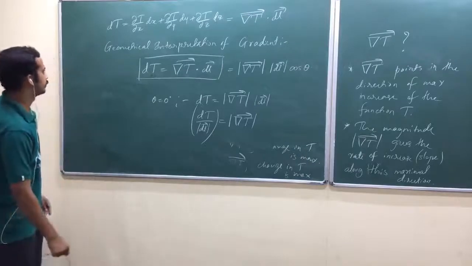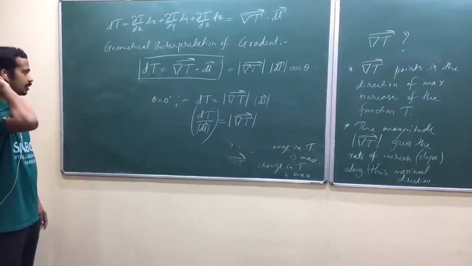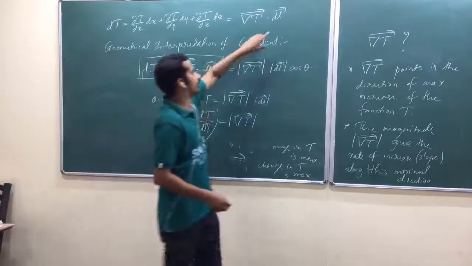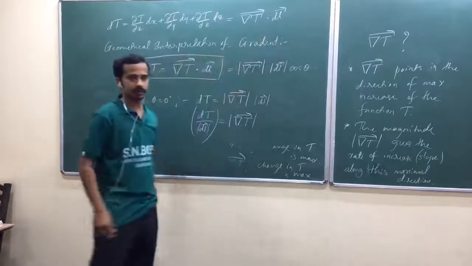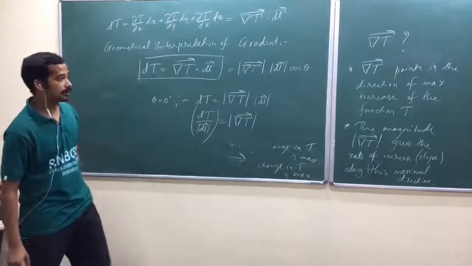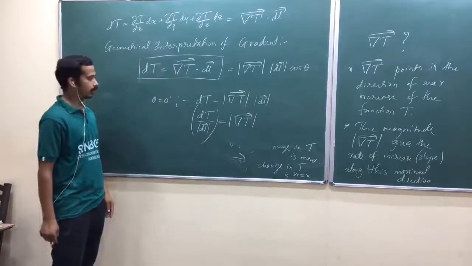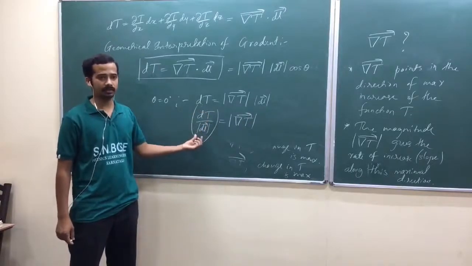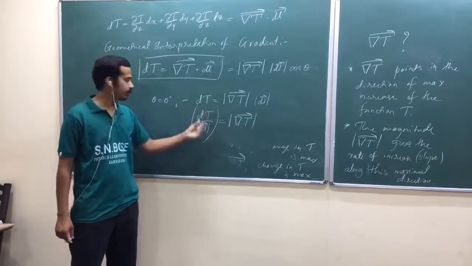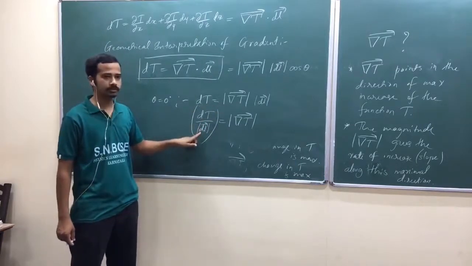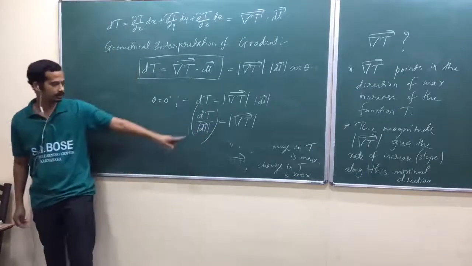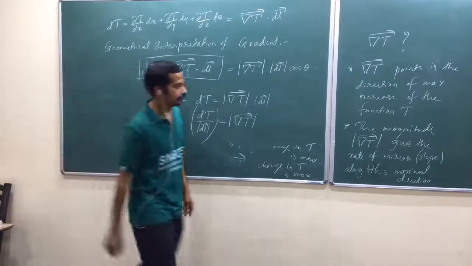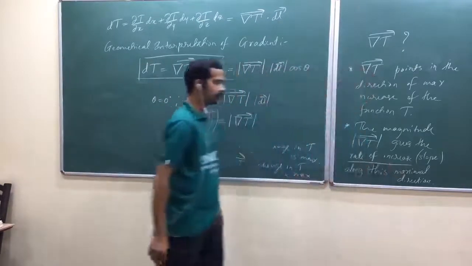So now look here. Observe one more fact. One is that the gradient points in the direction of maximum increase of the function T. So just by directing our displacement vector along the gradient, we got that idea. Another one: while moving along that maximal direction, the magnitude of the gradient is equal to the rate of increase, dT by the change in length. So it is the change in temperature, or the change in that scalar quantity, divided by the distance. I can call the mod of displacement a kind of distance, isn't it? So that's why we can call this the rate of increase along this maximal direction.